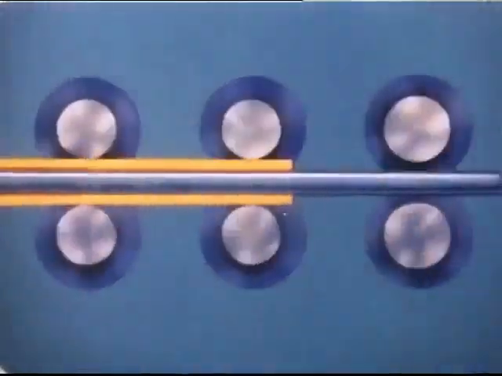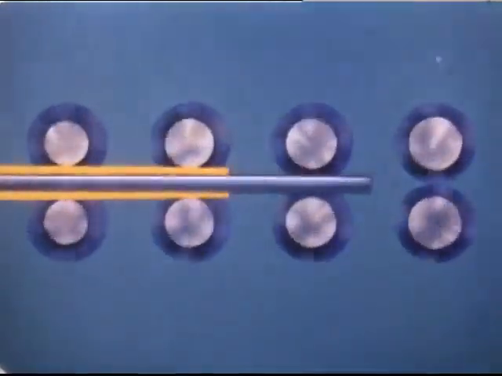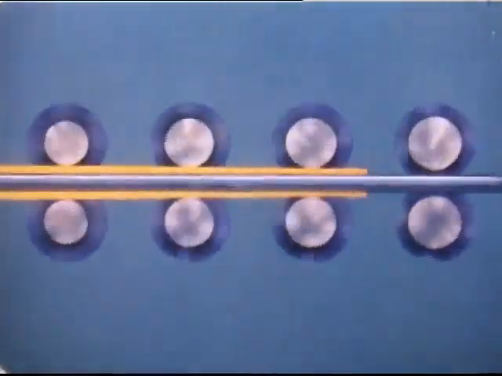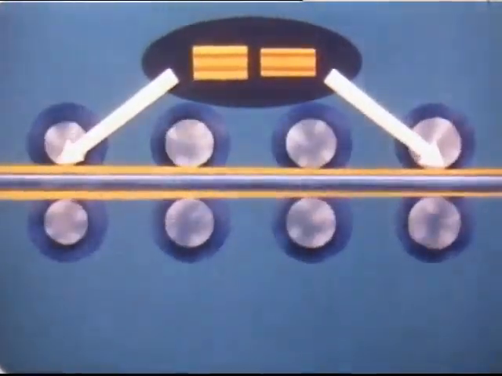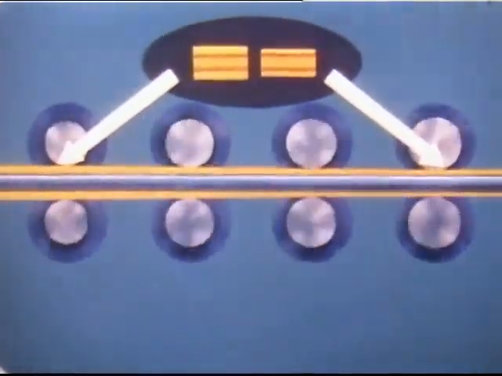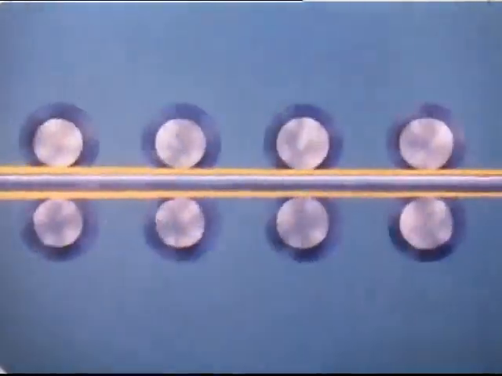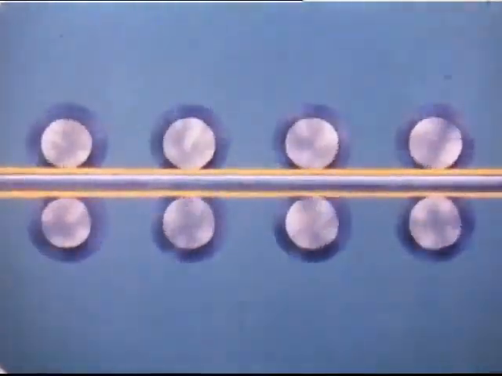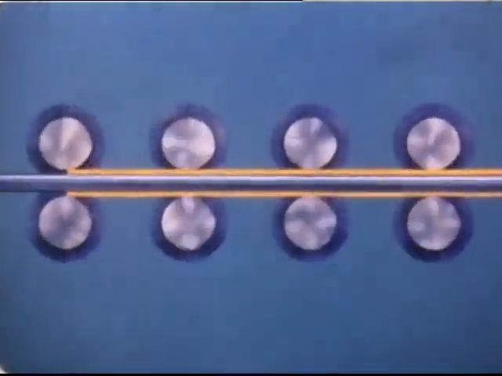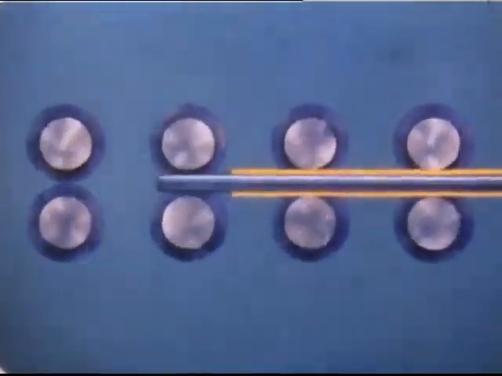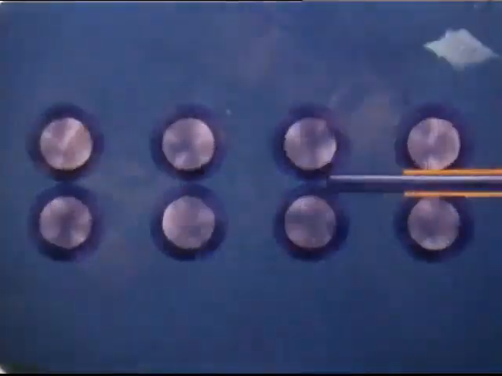The next 4 sets of rolls reduce the wall thickness. The next 2 polish and perfect the surface of the shell. And the last, or 9th stand, rounds up the shell and loosens it from the mandrel. After passing through the mandrel mill, the shell and mandrel are conveyed to a mandrel bar stripper,